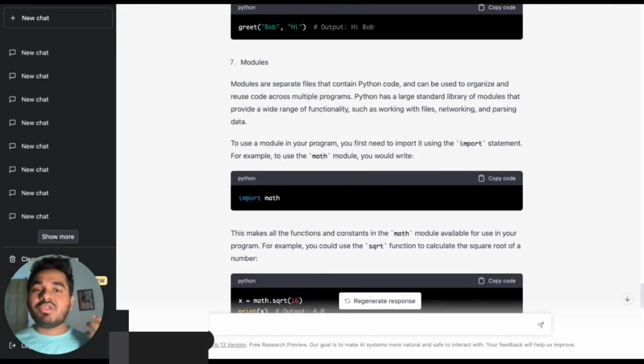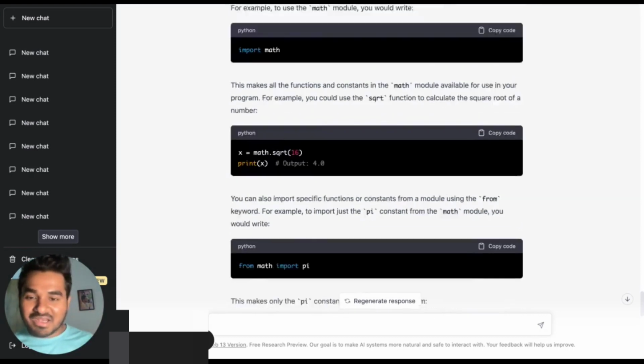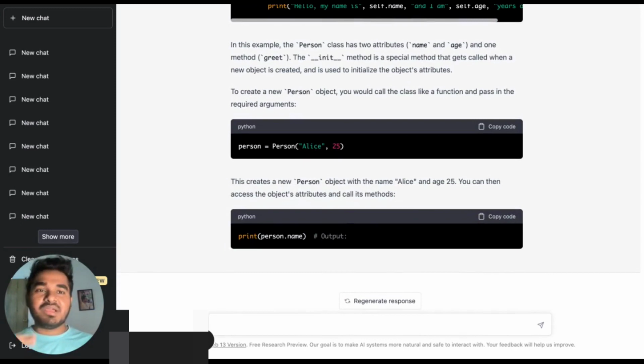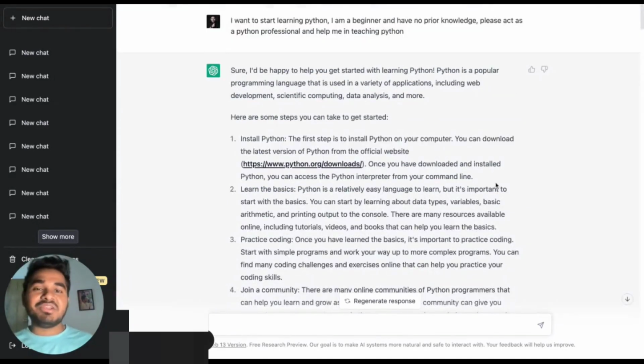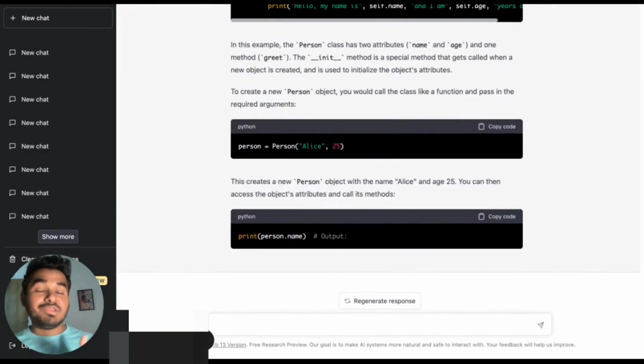If you are not utilizing ChatGPT for learning, please make sure you do that. Whatever the technology might be, I have just shown you an example of how you can use ChatGPT to learn Python. You can learn machine learning, you can learn digital marketing, you can learn any different technology using ChatGPT, because ChatGPT is a master in teaching you stuff. If you are a student, utilize ChatGPT well to learn anything. You won't find a better teacher than ChatGPT.